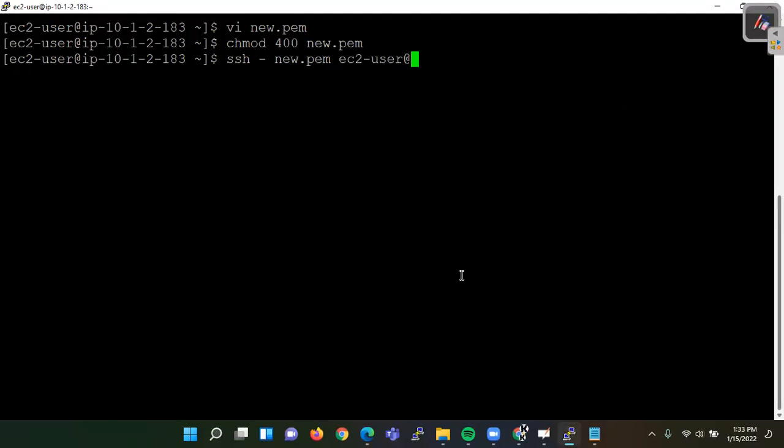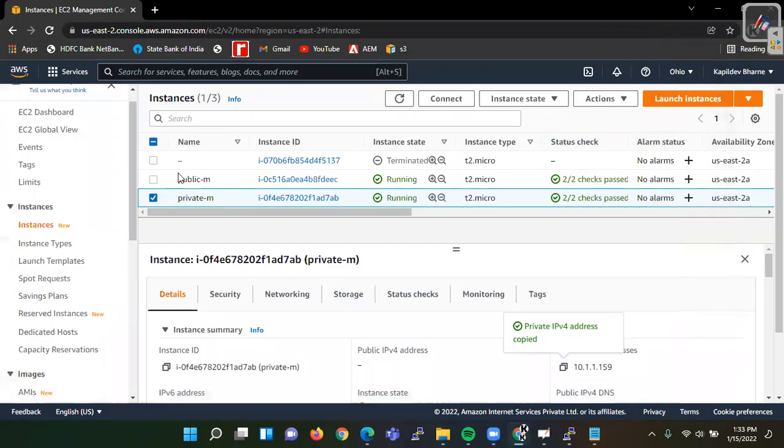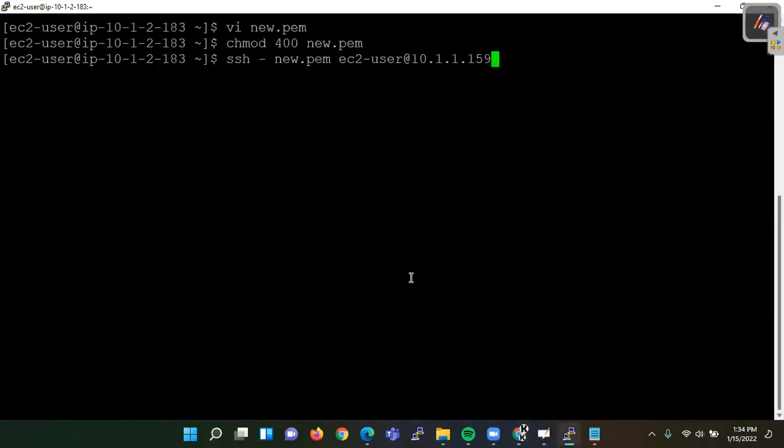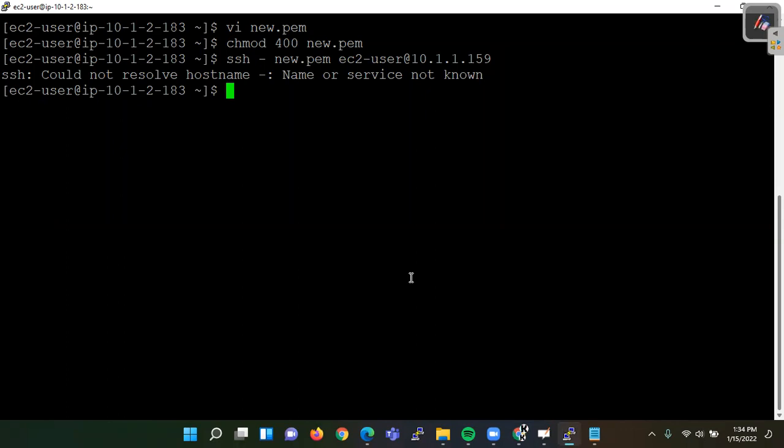Take the IP address of this: go to private and select this. Friends, go to terminal, copy this, and press enter. Oh my God, this is not known. I have forgotten the dash i.